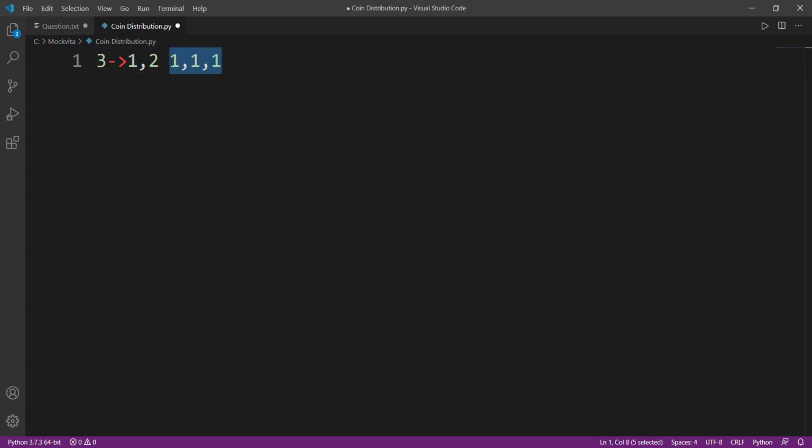These are three coins, and these are only two coins, so we will prioritize 1 and 2 over 1 1 1. Okay, now suppose you want to make 4. This is the part where things get a little bit interesting. Suppose you want to make 4, then we won't choose 1 1 and 1. This is basically the least priority one.